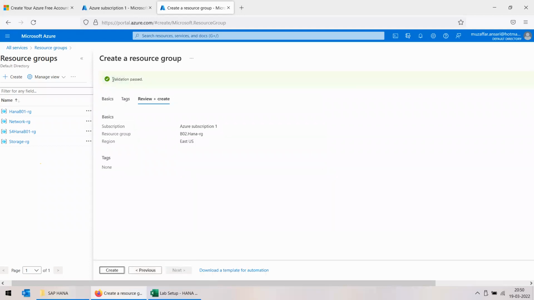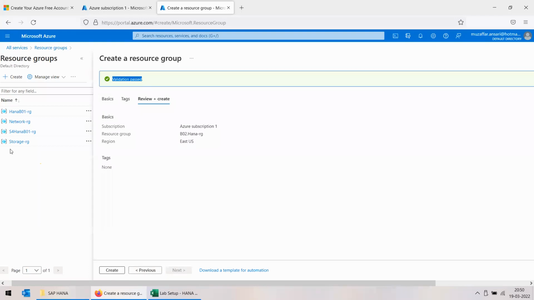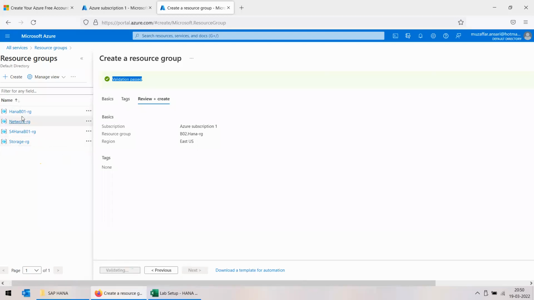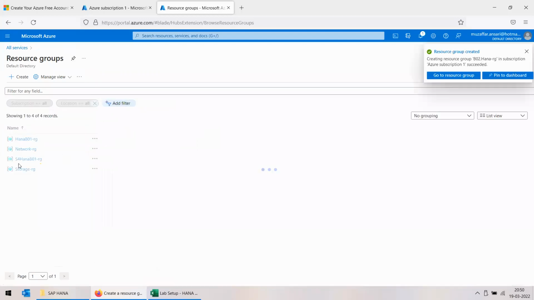Review plus create, you can see this message: validation passed. So once the validation is passed, you can go and click on create. Once you create, it will create a new resource group. In the list, you can see that I have different resource groups over here. When I click on create, it will add another new resource group in my list, which will be